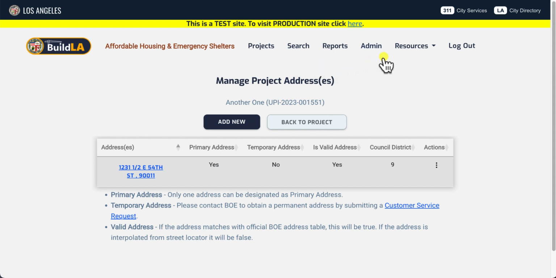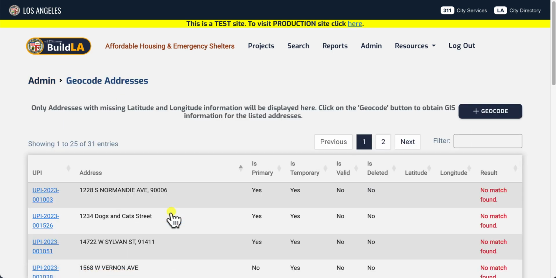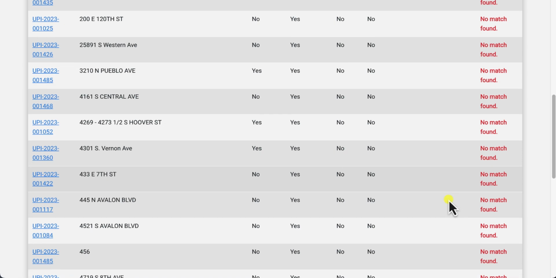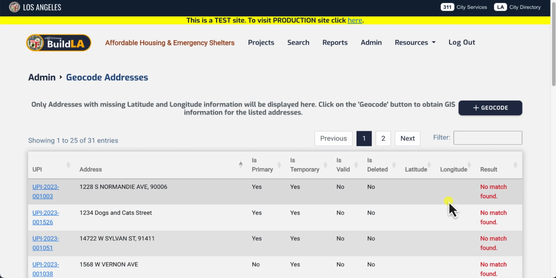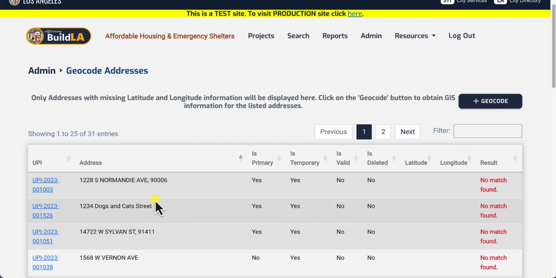Another way to find and update non-geocoded addresses in the system is if you have access to the admin section of the application. Once on the admin dashboard, you will select the Geocode Address tool tile. On this page, it shows all the projects with addresses that are missing key GIS information to link to a